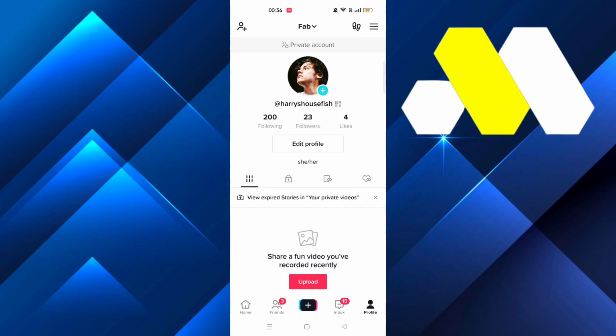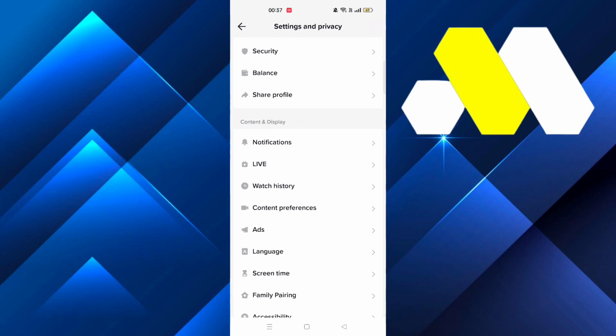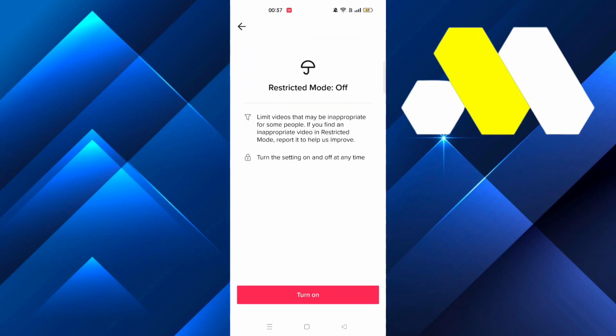We're going to show you how you can fix app age restricted on TikTok. At first, go to your profile and then click on these three lines, then go to settings and privacy. From there, scroll down until it says content preferences, so click on that. And then here you see restricted mode is turned off. But for some of you guys this might be turned on, so what you need to do is just turn